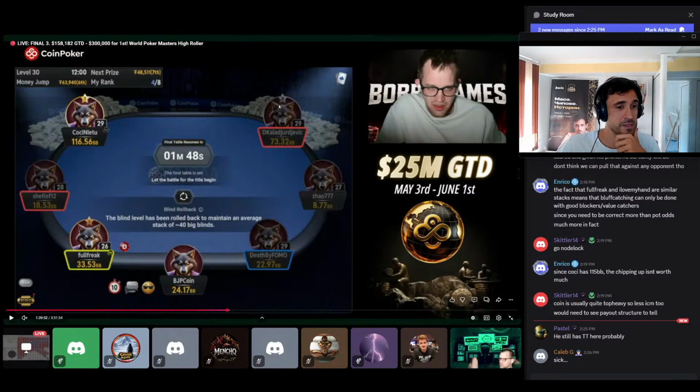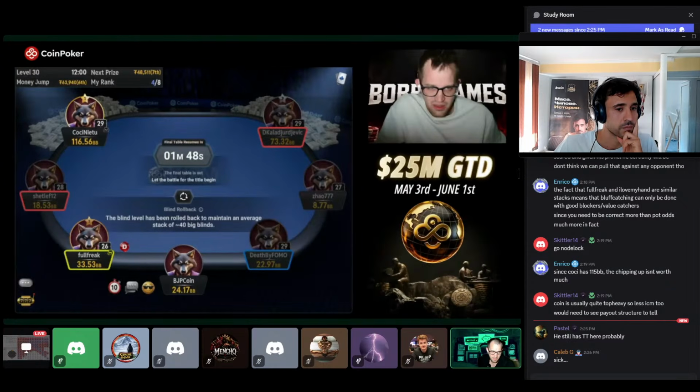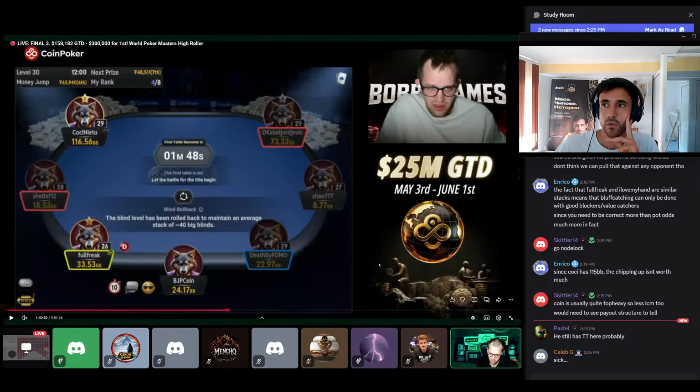What do we know about the players? At this point, we have a Crusher, Deki, Top Crusher, Dead by FOMO, another Crusher, Full Freak as well, Shetlef, not sure, but Red seems like a Crusher. Yeah, he's very good. Plays like high stakes, mid to high. Everything I've seen him do in the past, he's been very tough to play against. I haven't checked his SharkScope for a while, but if I just had a little look,